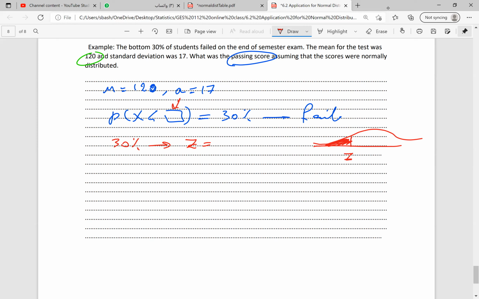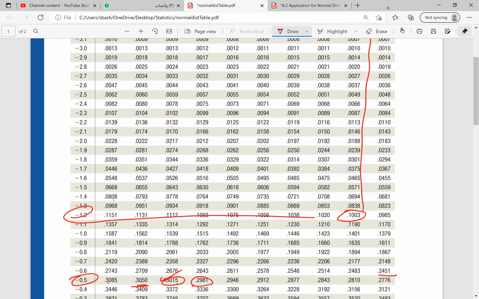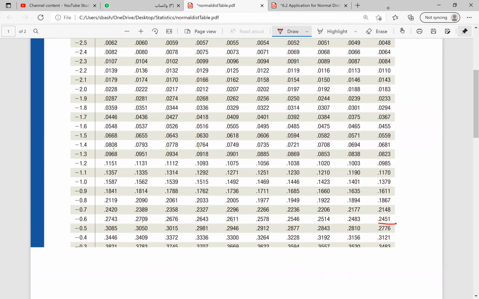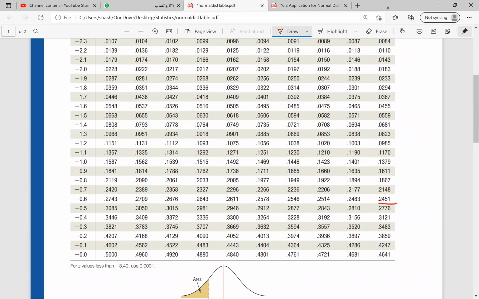So 30% or 0.3 is corresponding to, let's go and check the table. I need to see this 0.3. What is 0.3? So 0.3 will be,